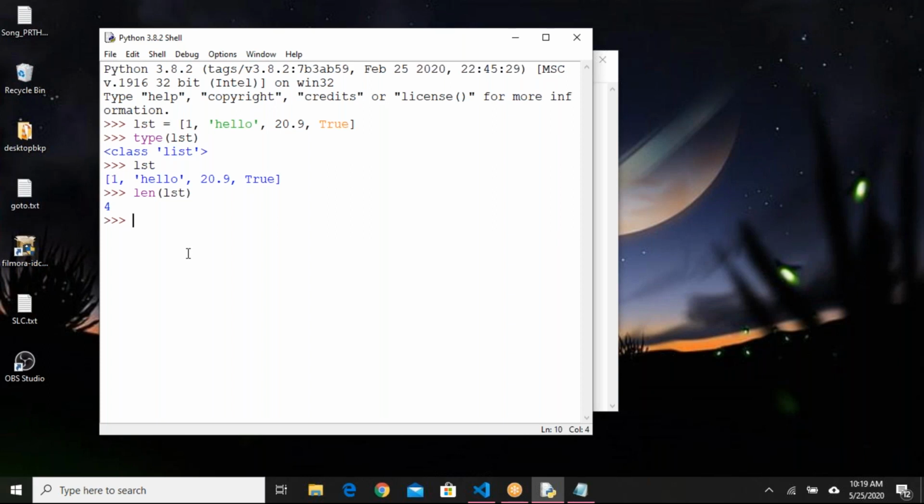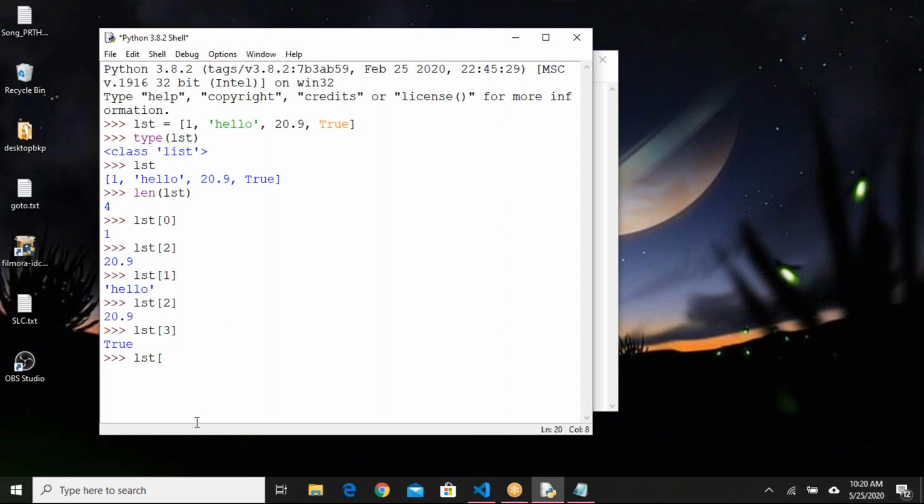Now I told you that we can access using the index. So let us see what the different values are at the different indexes. How can I access? List of 0. We have to use square brackets again. lst is my list name and I'm using the square brackets, and in between the square brackets I am providing 0 as my index. If I say enter, I can see the value 1. The same way, list of 1, list of 2, list of 3. Okay, I got all the values.